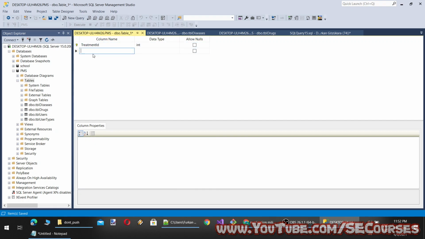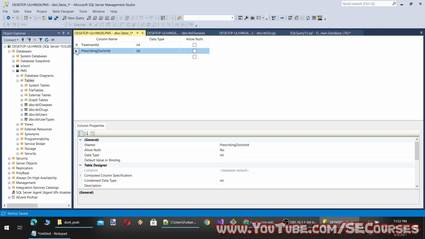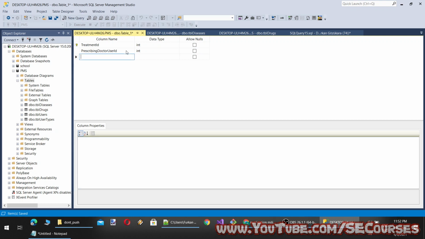Yes. And this treatment ID will include the doctor. So the treating doctor will be issued, or let's say the prescribing doctor. So this will be the doctor user ID. Okay, and then prescribing doctor user ID, patient user ID.